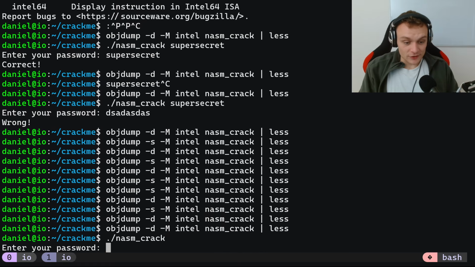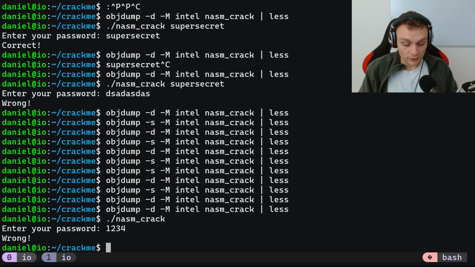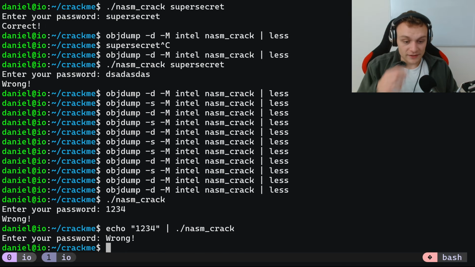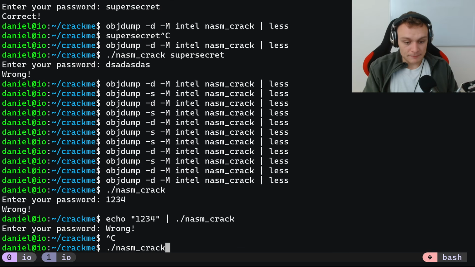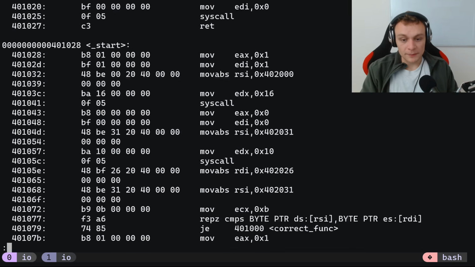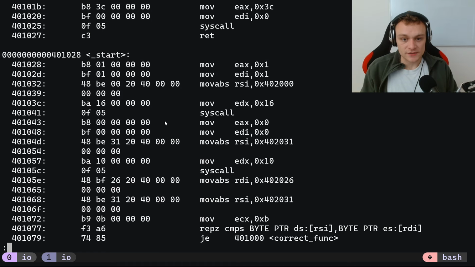So let's try. This is the first system call. It's writing something to standard out, and then now the second system call is already being performed, waiting for the user to write something into standard input. So let's try that, and it's wrong. And if we echo something and pipe it via standard input into that, then the application doesn't need to block and wait for user input because standard input is already coming from this echo statement. Okay. So this is the second